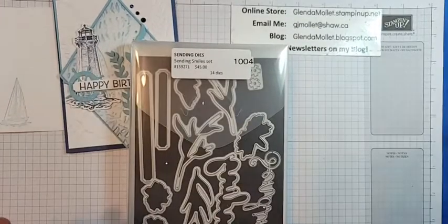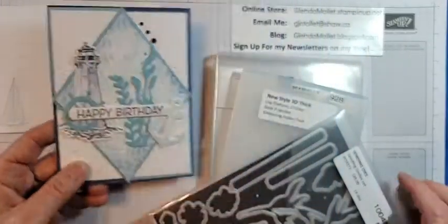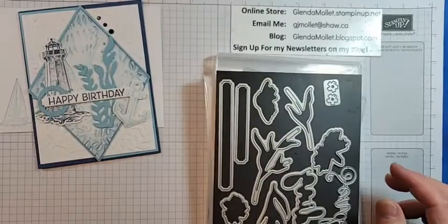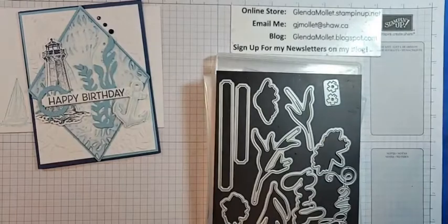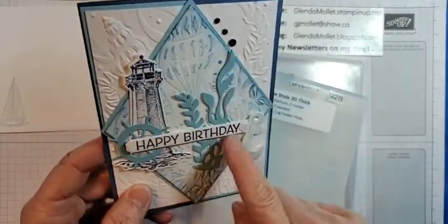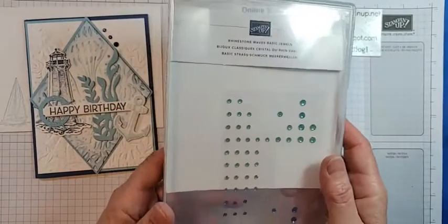Okay, so I'm using those now that I've done my little soapbox thing. And I'm using the Sending dies because, can you see this sentiment here? These Sending dies have 2 really awesome sentiment dies. So the stamp set, if you remember, has all these beautiful dies that we've used quite a bit, and I've just hand cut them. But you don't have to hand cut them because they come with their own dies. So we're going to use one tonight. Then the background here and behind in the diamond shape is the Seashells embossing folder. And then I'm going to add some Waves rhinestones